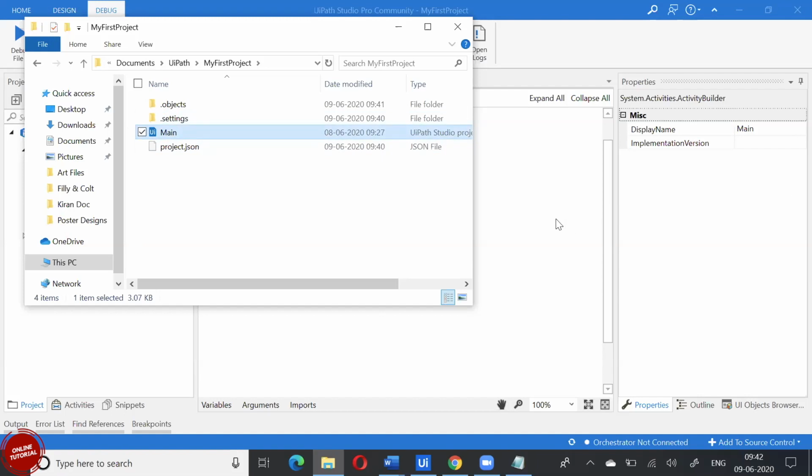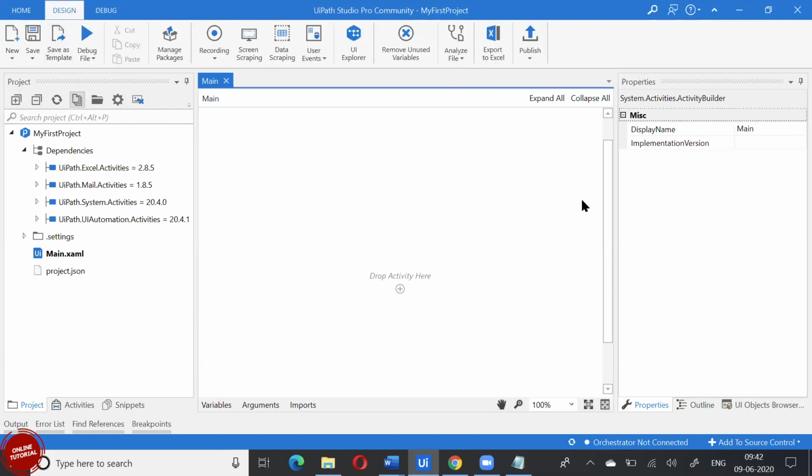Or you have an option to create a zipped file of an entire project using the publish option. So we'll come to that. It will also automatically zip your project and you can share it. Is that what answers your question, Kiran?